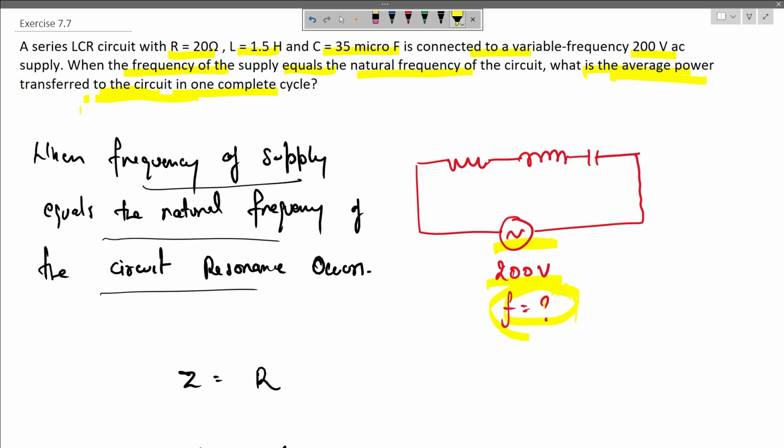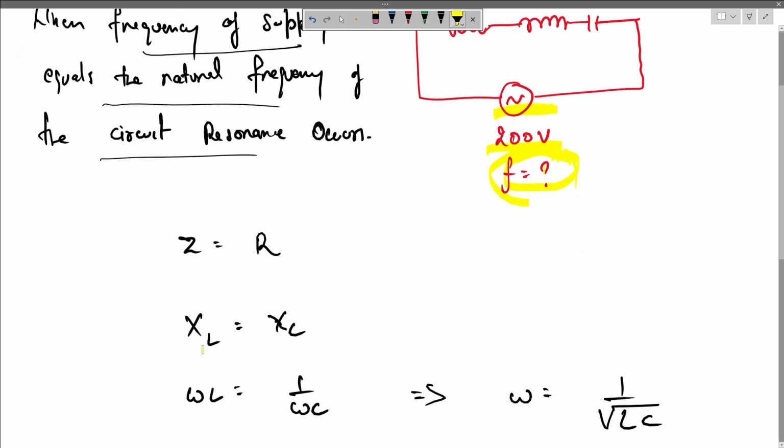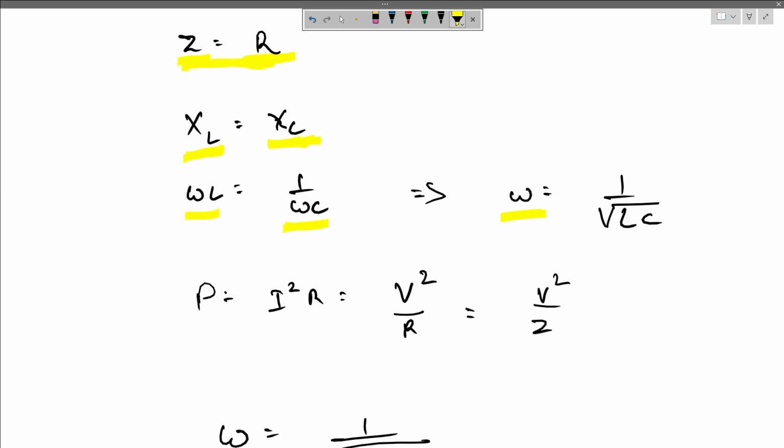Now we know that resonance in the LCR circuit occurs when the inductive reactance equals the capacitive reactance, or mathematically we can represent it as X_L = X_C. When the inductive reactance and the capacitive reactance match, the impedance is equal to the resistance, or it is purely resistive. So upon equating these two quantities, we will get omega, or the frequency, equals 1 by under root LC. Now we can find out the frequency at which the resonance happens by applying this formula,